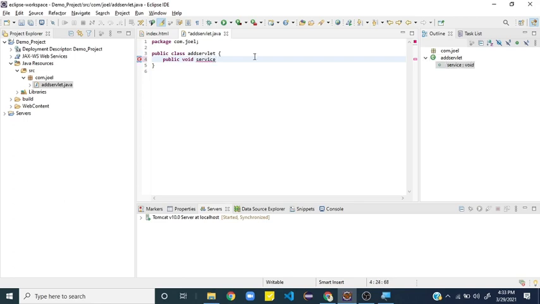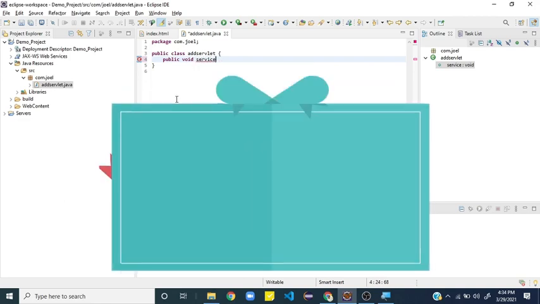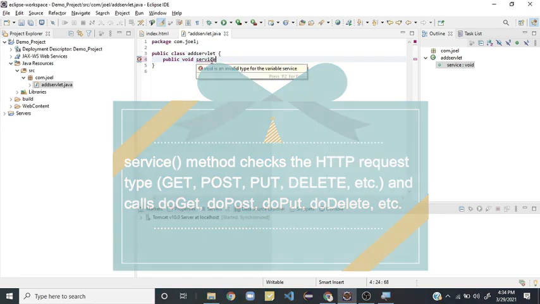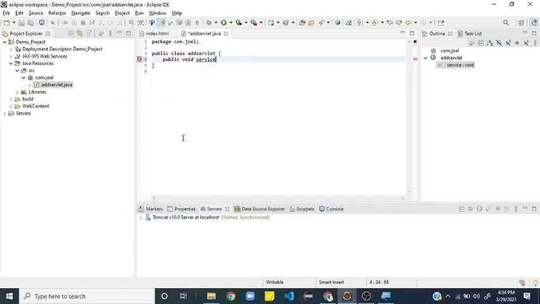And remember, whenever we create a function name, after the return type we use a user defined name. But here this service is not a user defined name. It is something like a default library method that we use, and we should not change the name to anything else. So you're not supposed to change this service to any other name. It should be service. Alright, so now the parameters, it is something like a request and response.